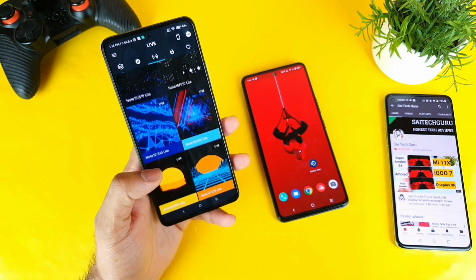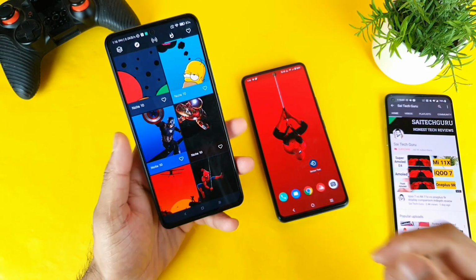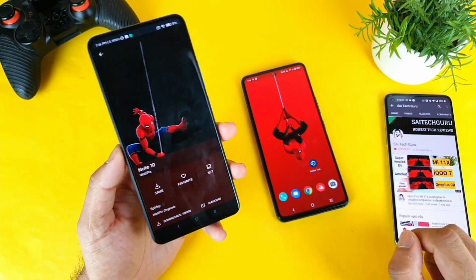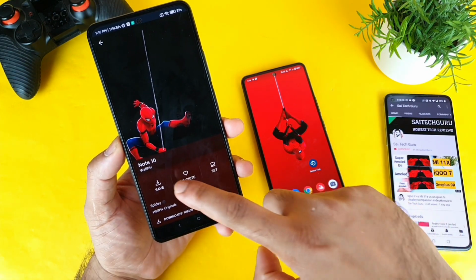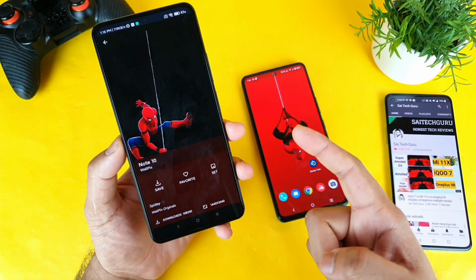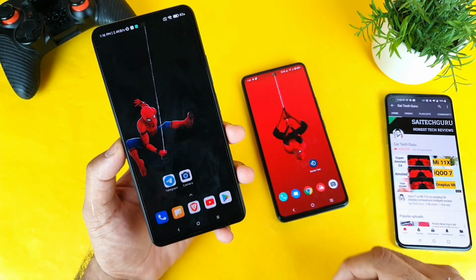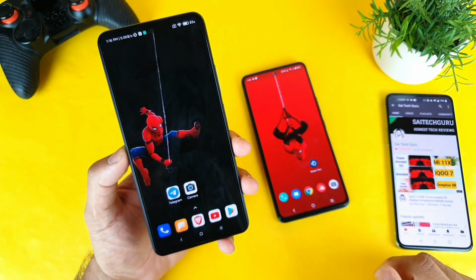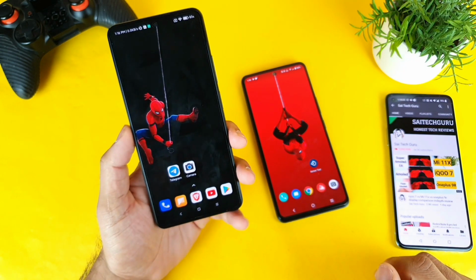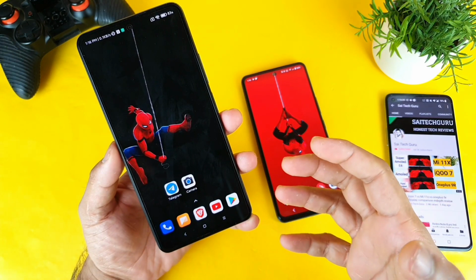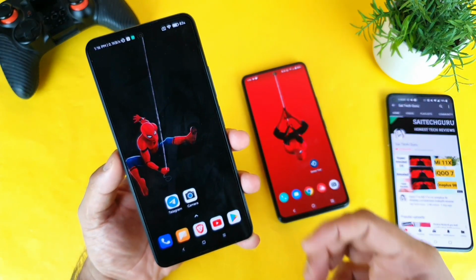This is the main purpose of this application. It is very simple to use, and let me select this wallpaper as my desktop wallpaper, as you can see. You do get the option of saving, but you need the pro version, but you can add it as a favorite and set it as a home screen. That's it, done. It will automatically be set to the punch hole, as you can see, friends, neatly aligned and it looks really good. This is another easy way to utilize this punch hole type camera in the middle.